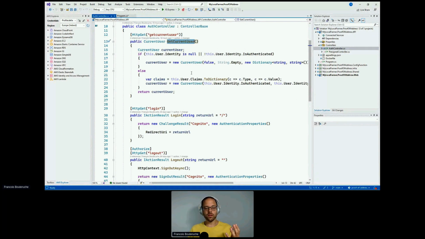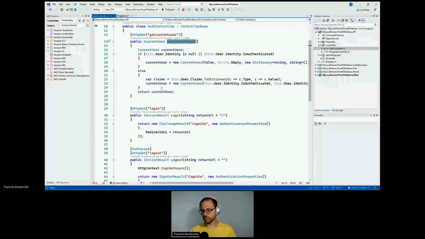If the backend for frontend API receives a get current user request, and there is a valid authentication cookie, the ASP.NET Core middleware will decode this authentication cookie, and here I will be able to retrieve the user identity claims and put them in a current user object